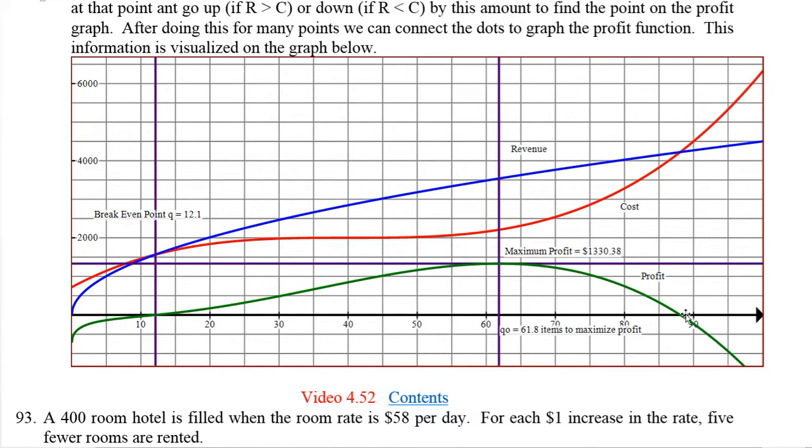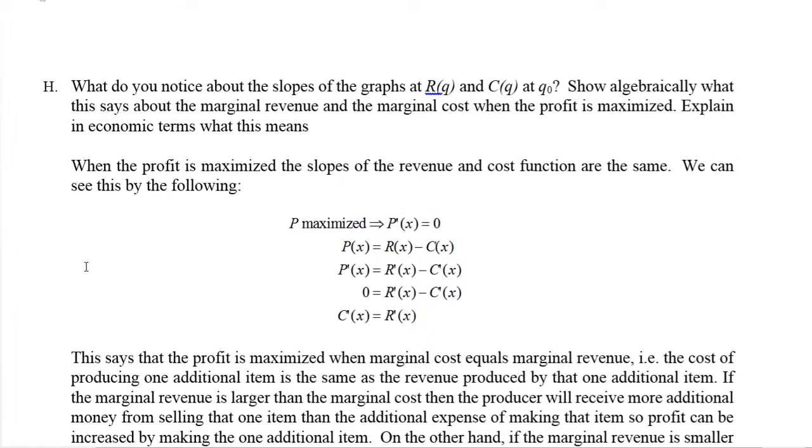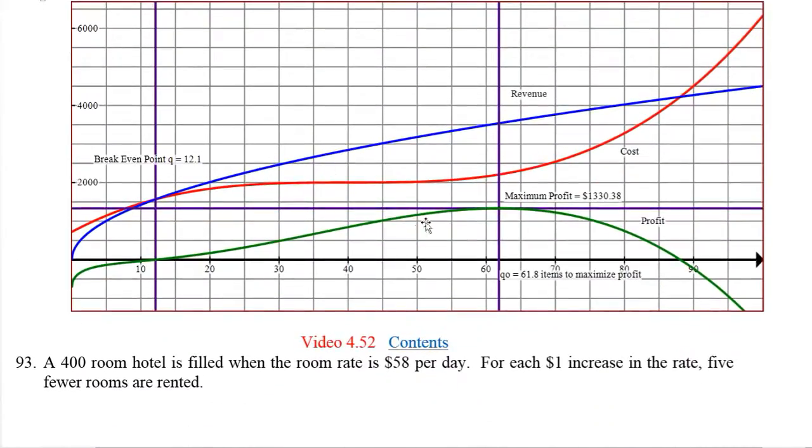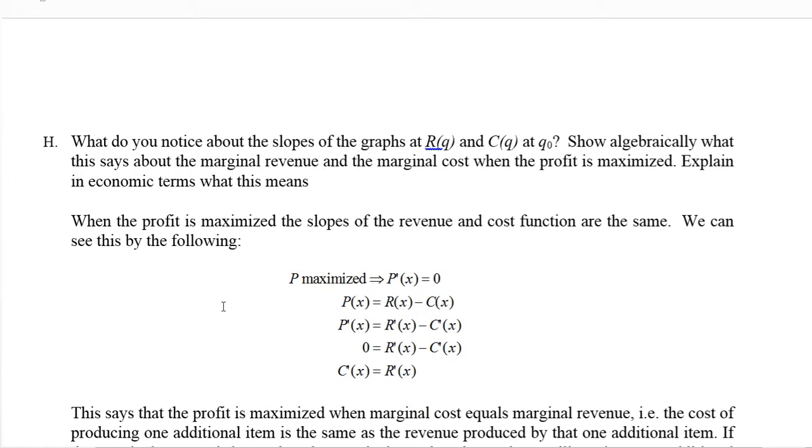Again, any company that's way over here on the right side of this probably deserves to go bankrupt, because that's just stupid. But what you're looking for is the maximum profit here. So it's the maximum distance between these two curves. How do you find the maximum distance between the two curves? How do you maximize a curve? If you want to maximize the green curve, the profit curve, you want to find its derivative and set it equal to zero. But notice that if you take the derivative, if P of x equals R of x